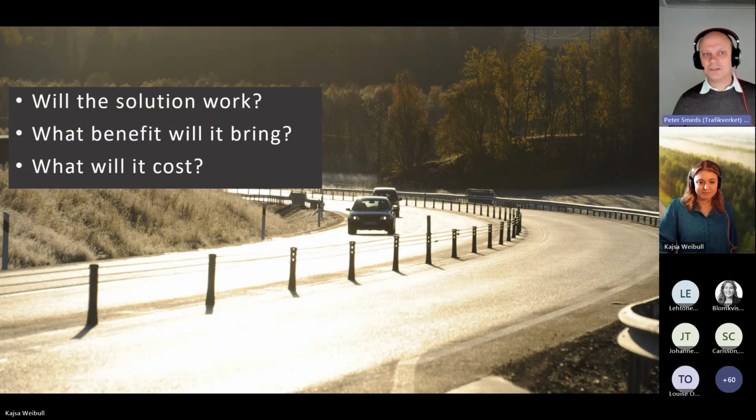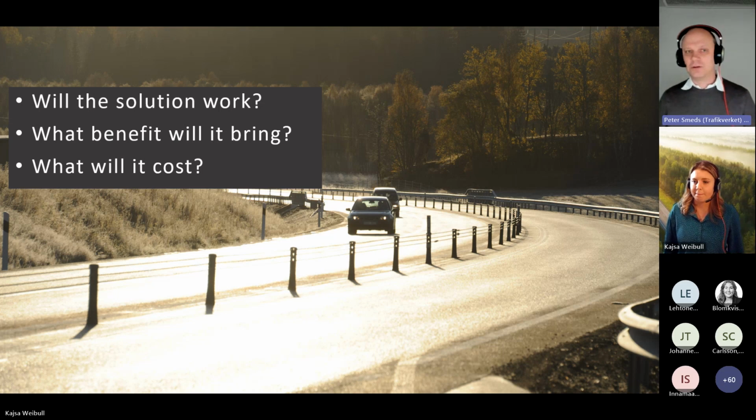Yeah, thank you very much. Here you can see a 2+1 road, and it has a wire that means that cars will not collide head-on with each other. Back in 1998, the world's first 2+1 road was inaugurated, and then it was a new technology. Since there were no similar roads before, the Swedish Road Administration could not know what effect it would have. A kind of chicken and egg dilemma arose.